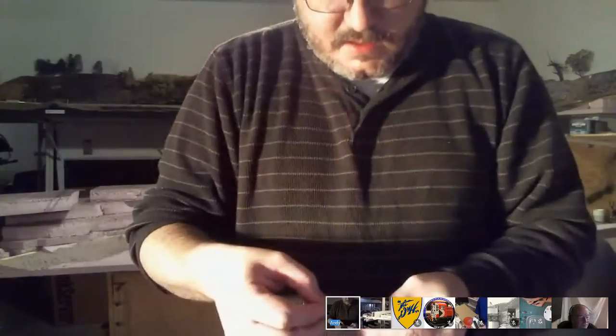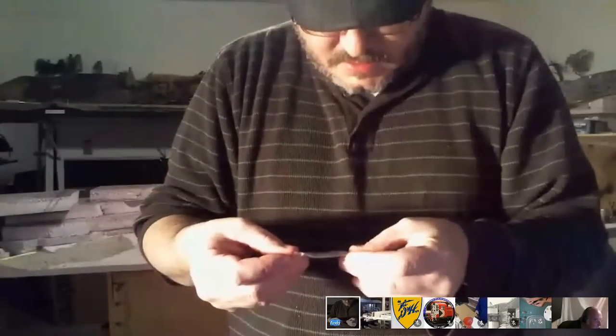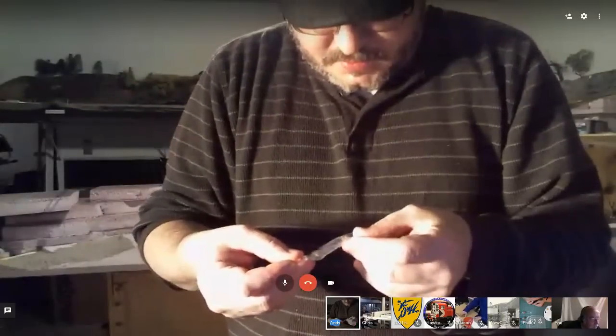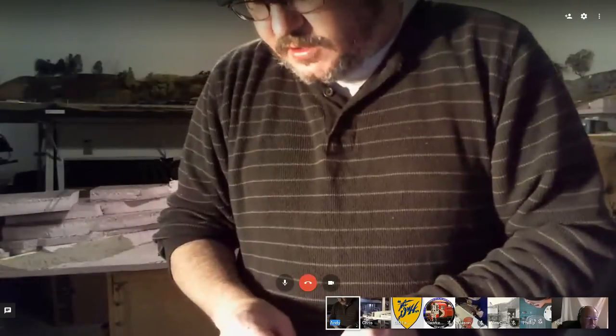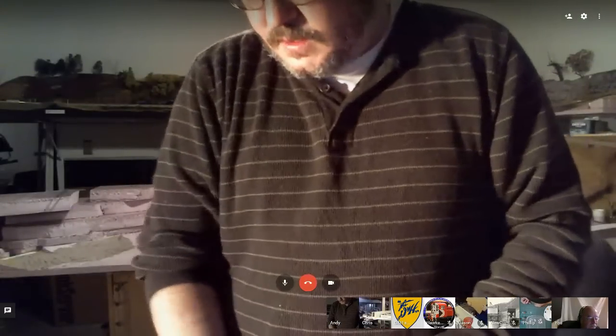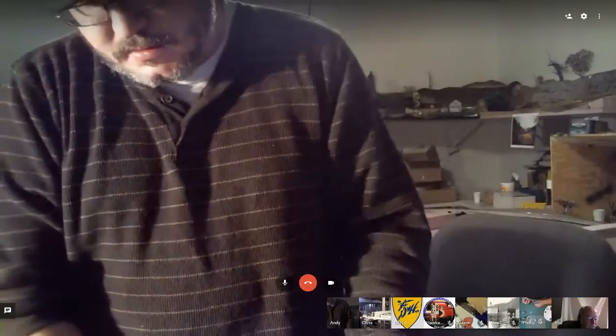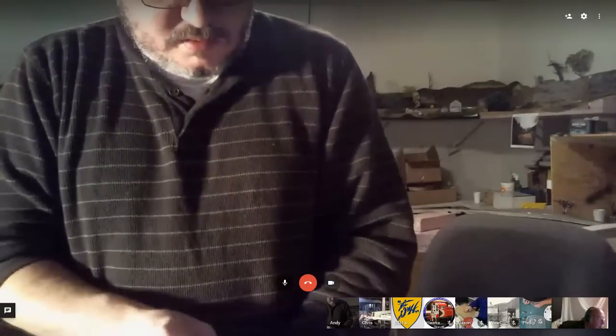They're a new kid on the block. They've got some nice looking freight cars. They are kits, so you do have to kind of put them together, you know, put on trucks and couplers. And they run about $13.95, I think. They were giving these away at the NMRA. I've never even opened a box because it's not by era, but they are one of the few companies that's making a